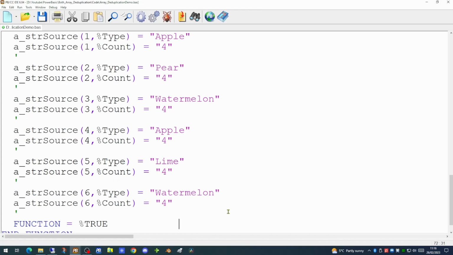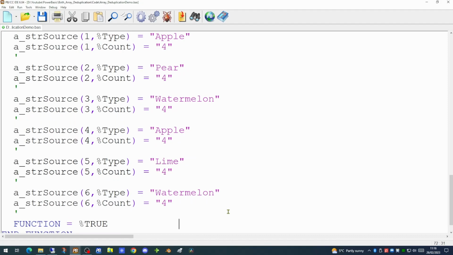Now this is a very small array with only a handful of rows. Normally you would expect your data array to contain a great deal more rows. But this is just for the purposes of demonstration. So we're returning the value true as the return of the function. If, for example, you were reading from a text file on disk, you could test for the presence of the file, and if the file does not exist or you are unable to open it, you can return false.